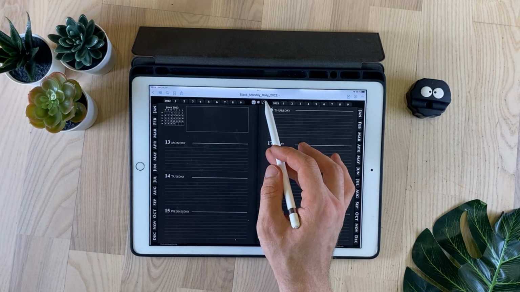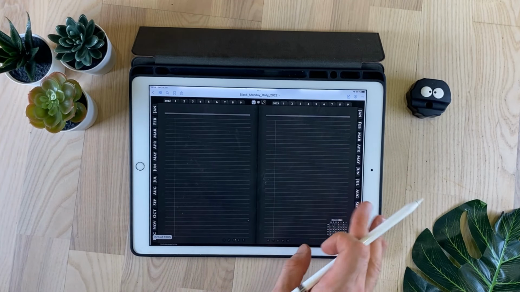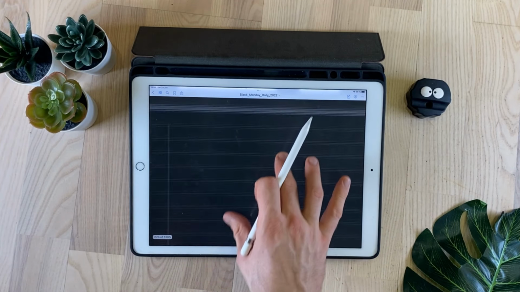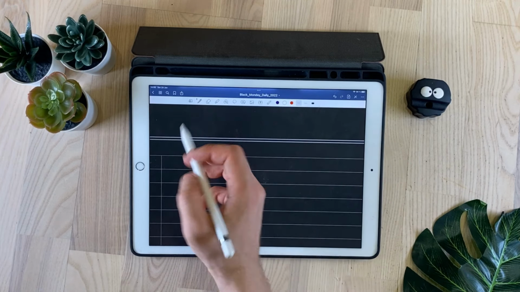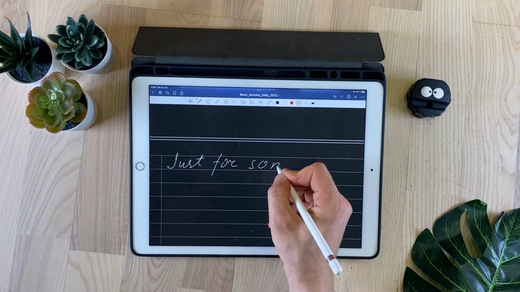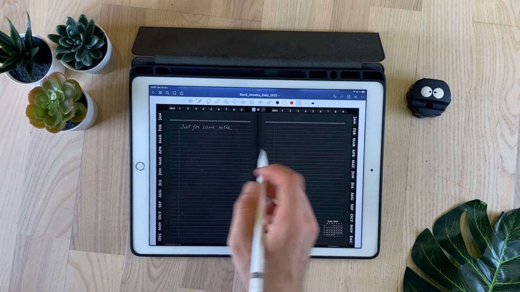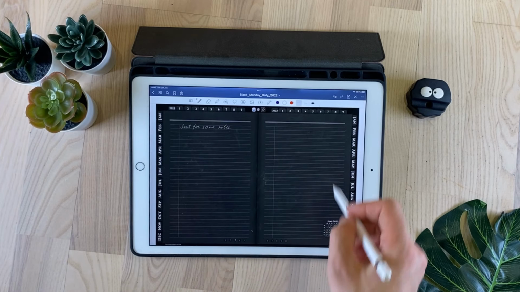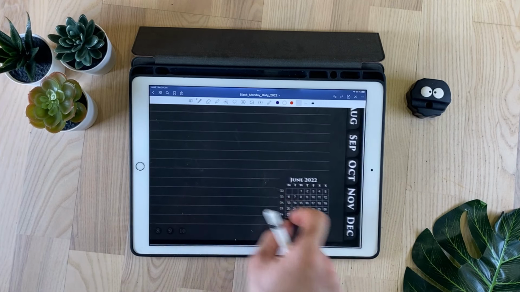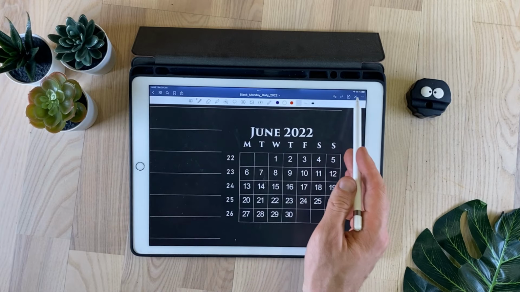For each month, I have additional pages for notes. In total, there are 10 pages for each month separately. Use them for work notes, brainstorming, personal diary, or any other task. At the bottom right, there is a calendar of the current month. All dates and week numbers are also hyperlinked. You can easily jump to any week or day of the month.